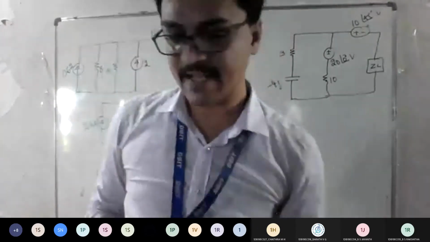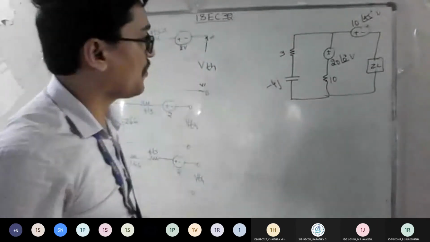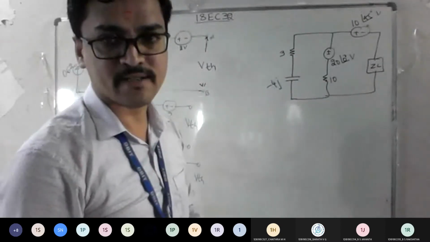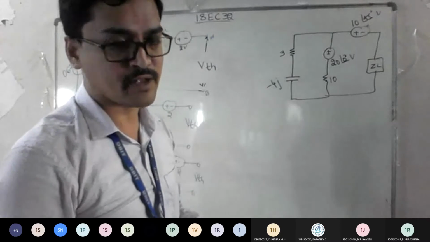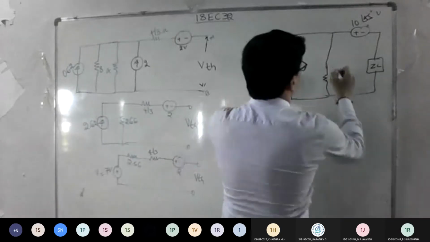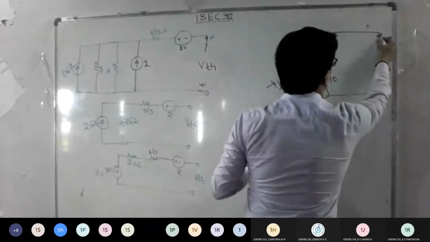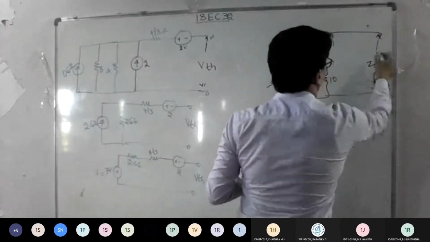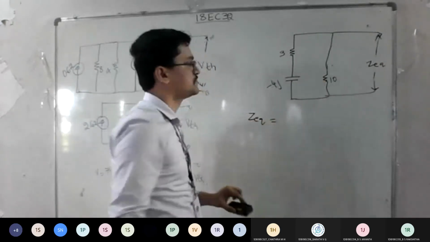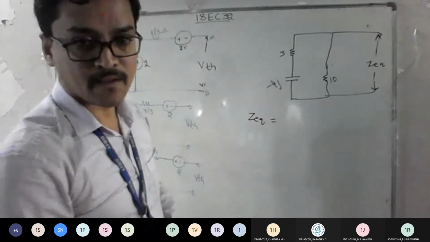Okay, so just stick to the procedure. Whether it is AC analysis or DC analysis, the process remains the same. You need to find ZTH first. The concept remains the same: wherever voltage source is there, short circuit; if current source is there, open circuit. So now the circuit changes, this becomes short circuit, and this also becomes short circuit, and you can replace this with Z equivalent. What is the Z equivalent formula now? How will you find it?